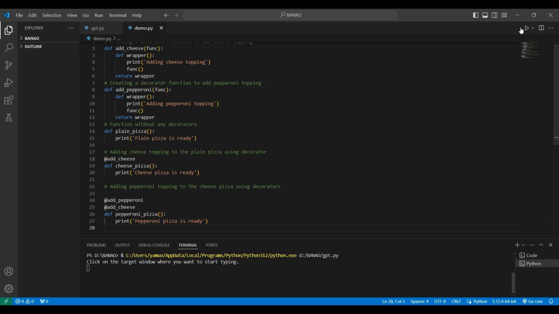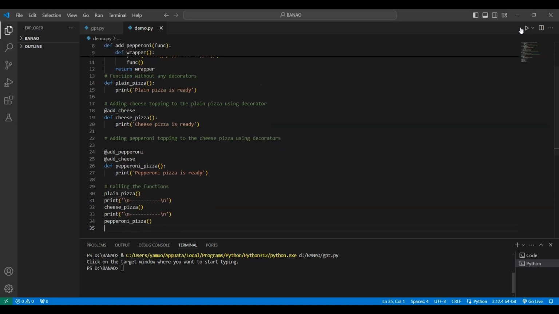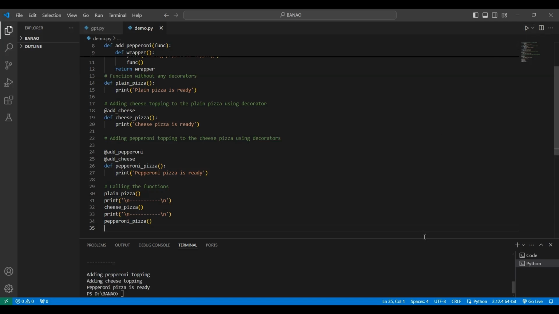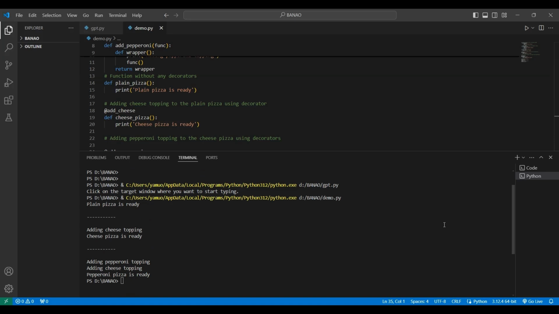When the functions are invoked, 1. Plain pizza prints "plain pizza is ready" without any toppings. 2. Cheese pizza adds cheese topping before printing "cheese pizza is ready." 3. Pepperoni pizza adds cheese topping then pepperoni topping before printing "pepperoni pizza is ready." This example showcases how decorators can be used to modularly extend the behavior of functions, allowing for easy customization and